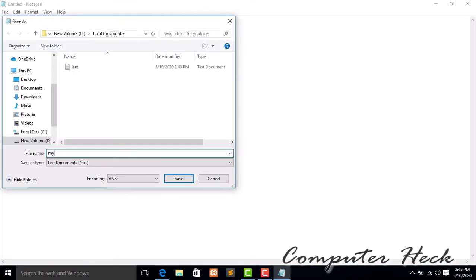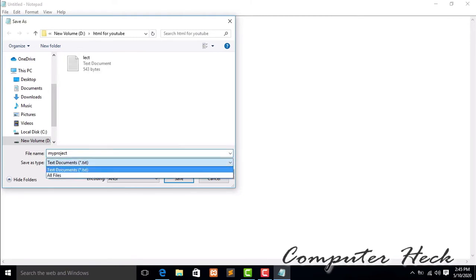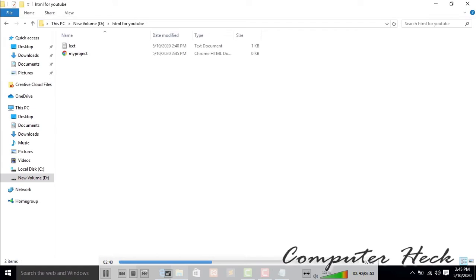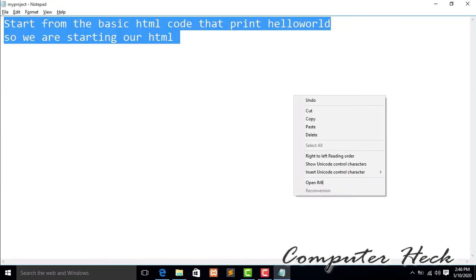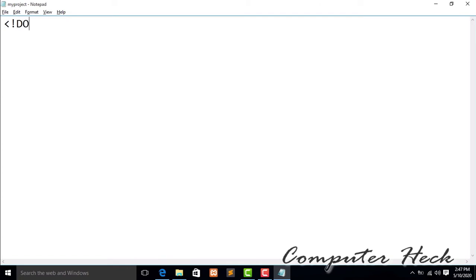Now write your project name. I'm writing here my project. And now choose all files, and you have to add the .html extension for the HTML page. So we are starting our HTML. First of all, an exclamation sign and doctype